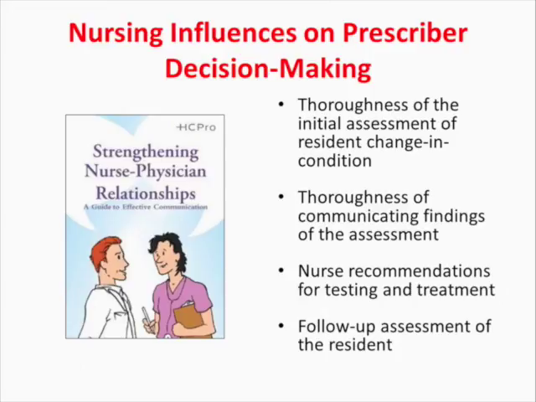So what do I mean by that? Well, I think that nursing home staff can influence both provider risk aversion and tolerance for uncertainty through three main interactions. The first is the thoroughness of the assessment of the resident change in condition. How well does the nurse do their job in assessing the facets of the physiology, localizing symptoms and complaints, and exam findings that occur with that change in condition? And it doesn't matter how good of a job the nurse does in doing that assessment if they don't communicate those findings effectively to the provider.